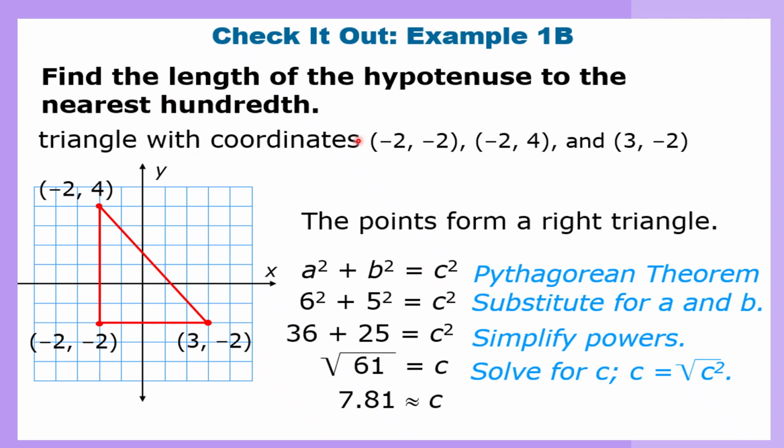Next we have: find the length of the hypotenuse. So still this hypotenuse, of course. So a squared plus b squared is equal to c squared. That's still the formula. Okay, how do you know that you got this side a is 6? 1, 2, 3, 4, 5, 6. So this is 6. And 1, 2, 3, 4, 5, so this is 5. So that's why 6 squared plus 5 squared. So we have the square root of 61, or c equals 7.81.